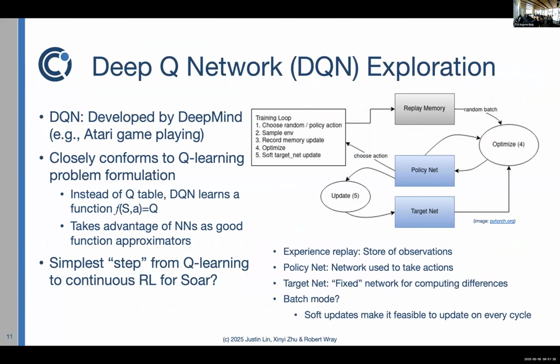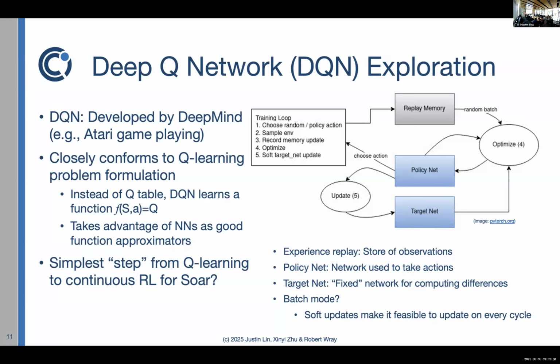So we also did this looking at deep Q networks, and this was the algorithm behind the Atari game player that was done by DeepMind, and it's a little bit older, but it turns out that this was one of the early attempts to deal with the problems of Q learning, and it really closely maps to Q learning. So this was very attractive to us because the idea is that, well, if it's very close to Q learning, then maybe the impedance matching, being able to integrate this into SOAR would be